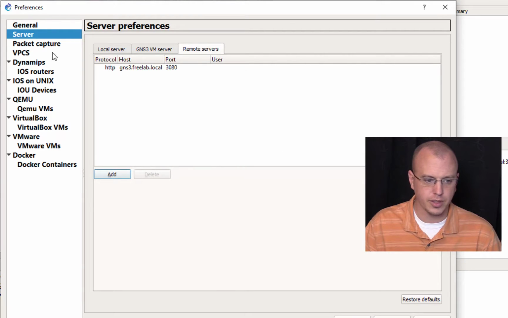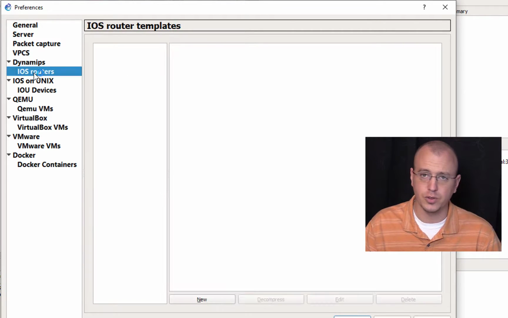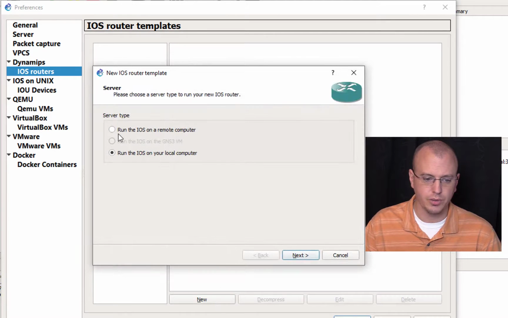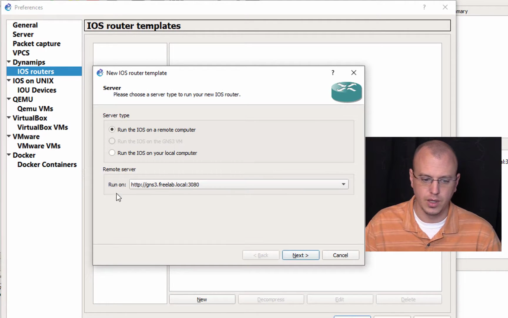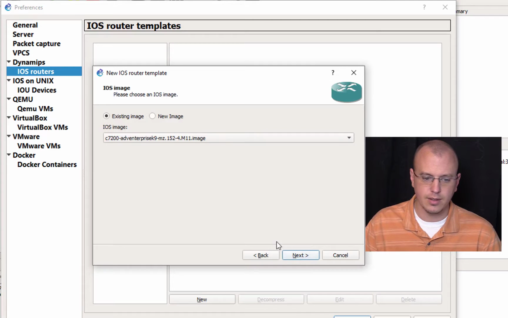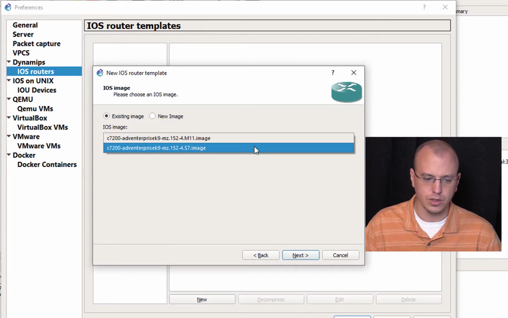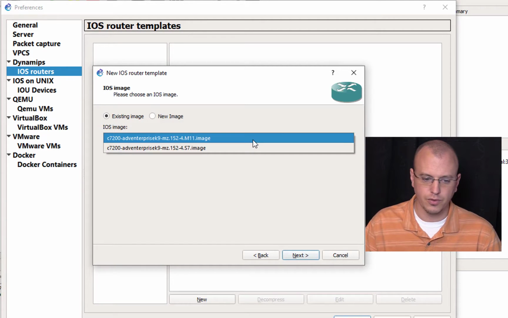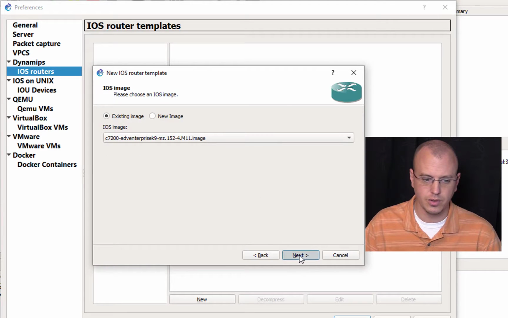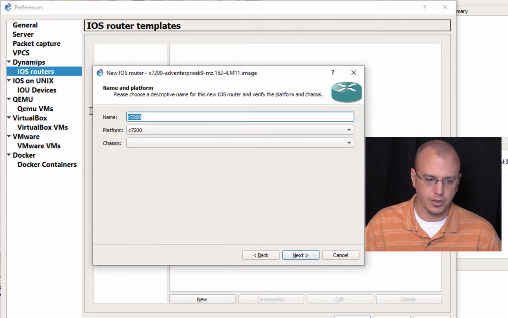And once you have that in place, then we'll go down to Dynamips and IOS routers. These are for all the hardware-based emulations. So we'll say new and choose the server type to run on the remote computer. And you can see it has the GNS3 freelab local you put in there. So we'll choose next, and now you have the two images you can choose from. It's the 15.2.4M and S series. So if I add the M series here, we can call this